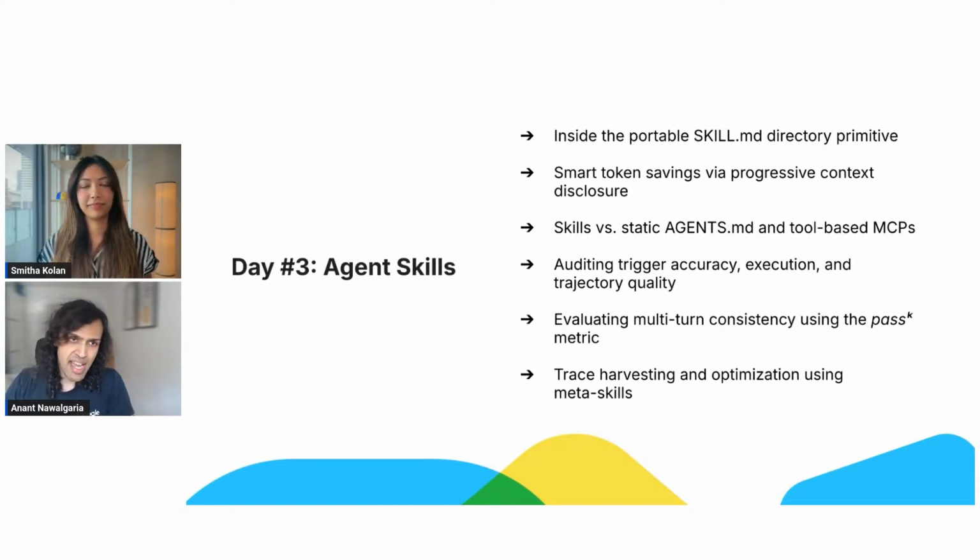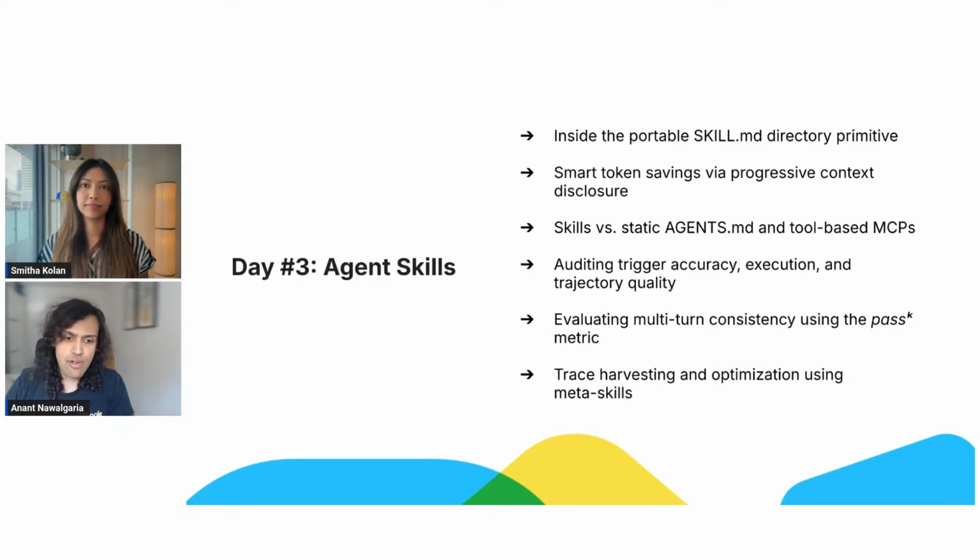But the question that often arises is, how do we actually prove that these skills work? I mean, it sounds nice theoretically, but do we really not need multi-agents? So we also discussed the evaluation of skills, focusing on trigger failures, output errors, and tool trajectory analysis, in some ways slightly aligned with how we eval multi-agent setups as well. We explore the differences between simple success rates and rigorous consistency metrics, such as pass at K.